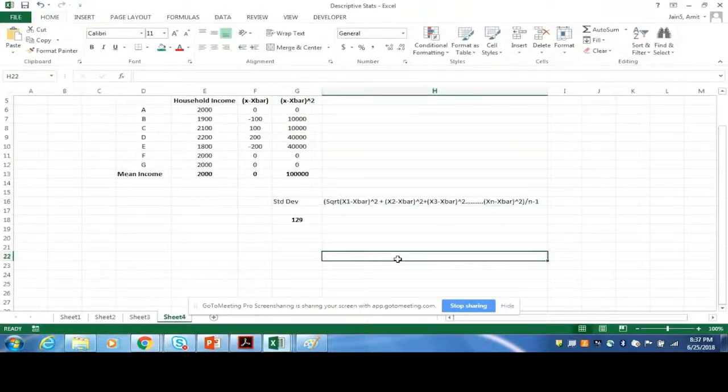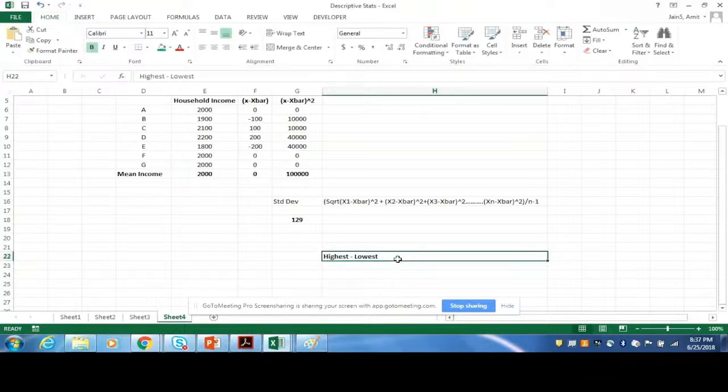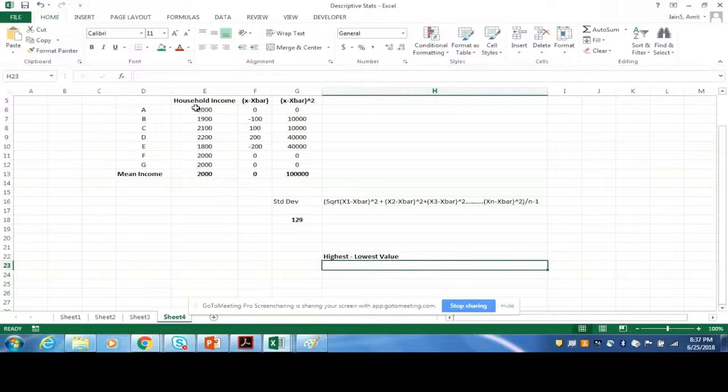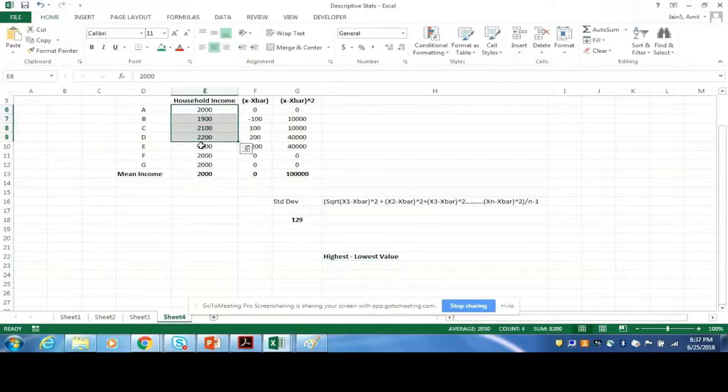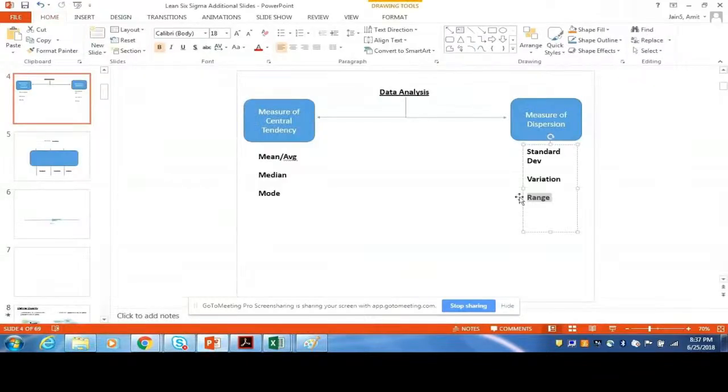You know how to calculate range? It is the highest minus the lowest value. So in this case, the highest is 2000, the lowest is 1800, so the range is 200. Okay. Right. That makes sense. So the three things,